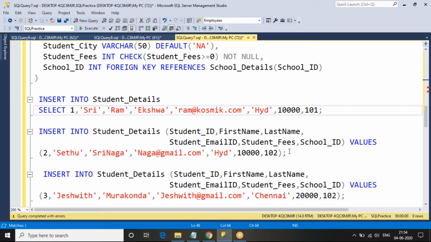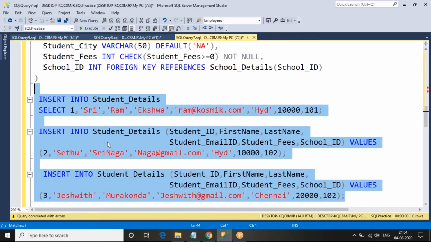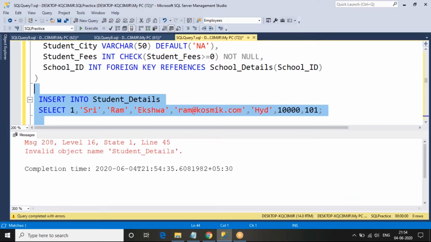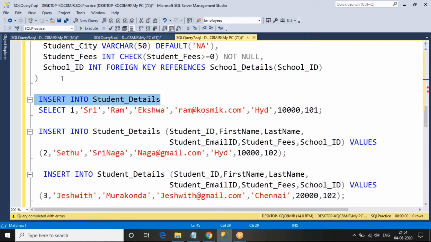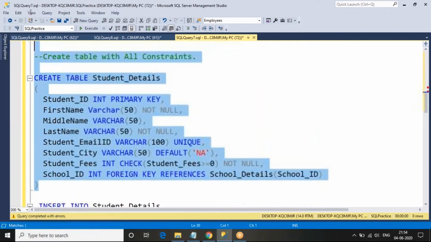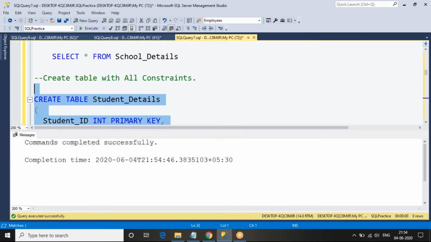Now you can observe I can place the multiple select statement format. One is how we can insert the data by using a select statement, and how we can insert the data by using column names in the normal statement. We have another method, multiple statements, like we have student details. We have not created a student details table, that's why it will not give the student details information. Like student, we have successfully created a student table.